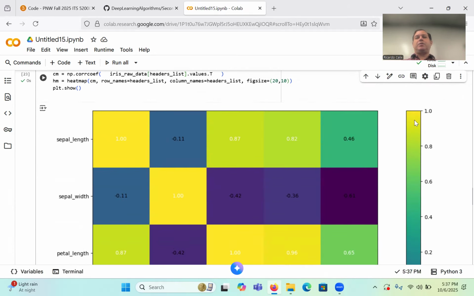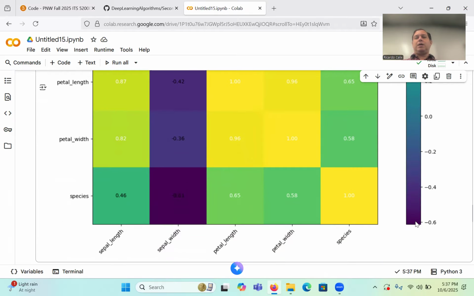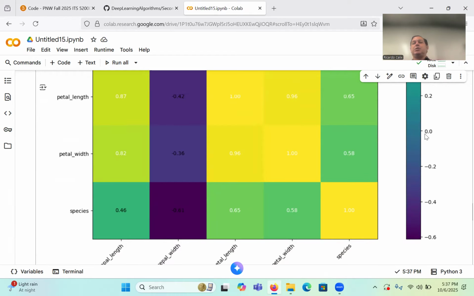So it goes from light yellow to dark purple, right? And so you can see that the key is that the value between variables should not be 0. If it's a high negative value or a high positive value, that's great. It just means that there's a relationship, like my income goes up, so the number of rooms in my house goes up, right? Something like that, or bathrooms. But that's positively correlated. Negatively correlated would be,